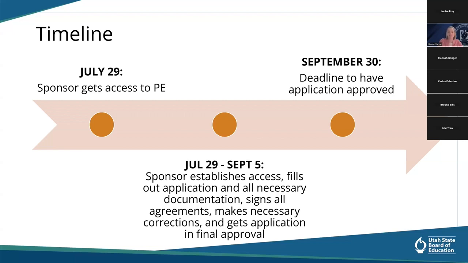I need to go back to the previous one. We've given a deadline for sponsors to get your application completed in PrimeroEdge by September 5th. So you've got the entire month of August to review materials and get into the system and begin working on your application. It is important to note that sponsors will